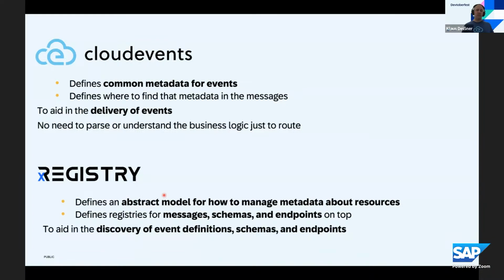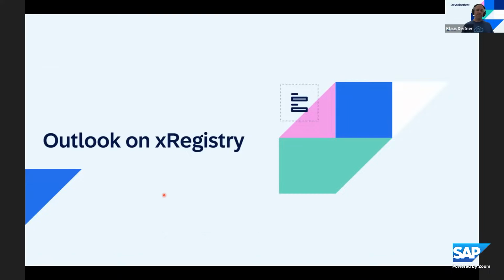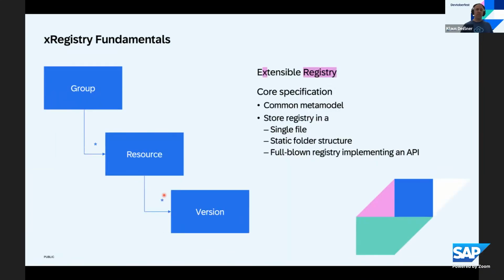But the discovery story was, I think, more or less what guided us there. I'll start with this generic part. So xRegistry is about having a registry for all kinds of metadata artifacts, I would say, or documents even. And we use it for certain document types around events and schemas, but you could take anything, like also OpenAPI documents or, I don't know, Helm charts, whatever you have in mind, essentially, and it's extensible.